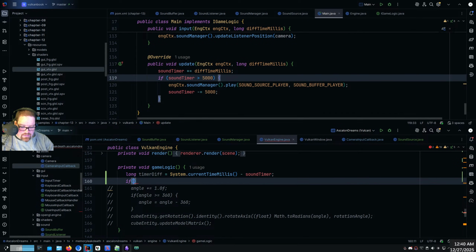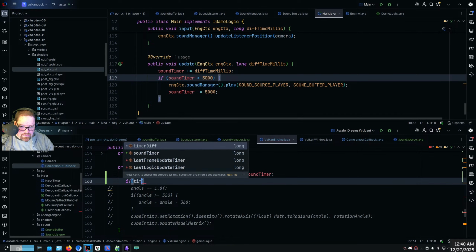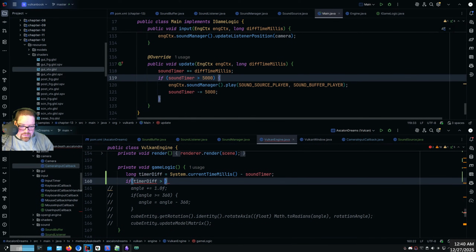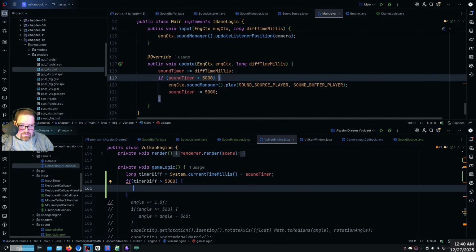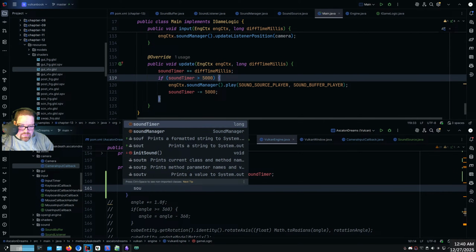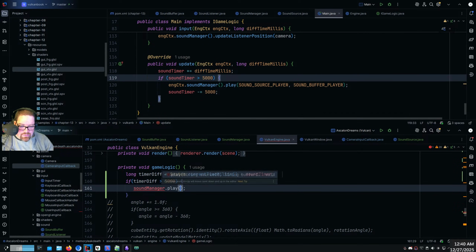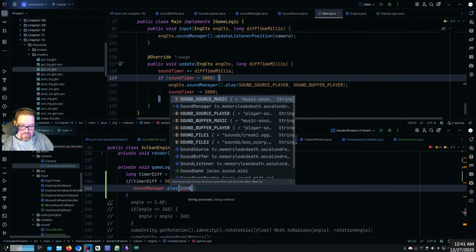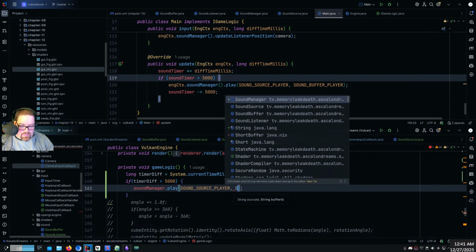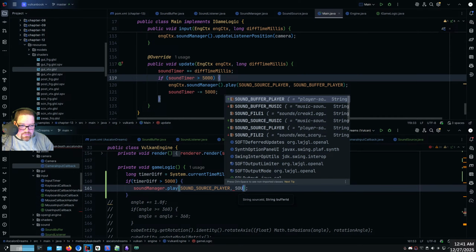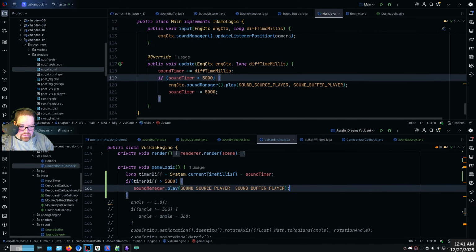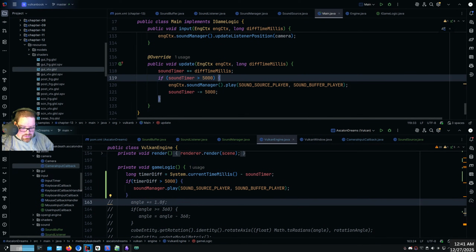Right. If timer diff is greater than 5,000, then sound manager play sound source player, sound buffer player. Okay. And what I'll do here